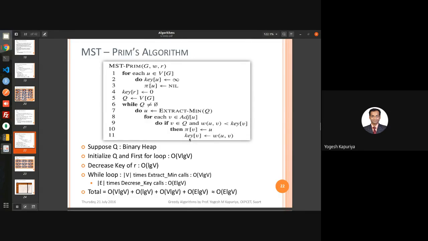And second, you are updating the key value of V. So key is updated to weight of UV.